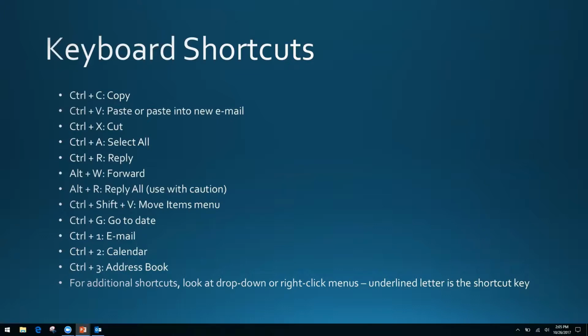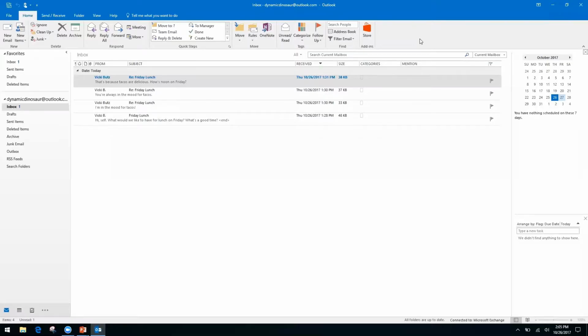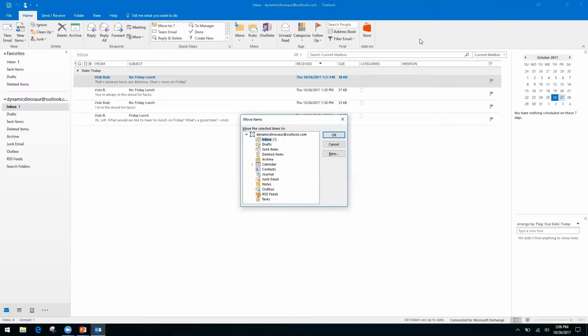Control-Shift-V is the Move Items menu. That one I will show you. So Control-Shift-V is going to allow you to move emails automatically to your folders. So right now, this is a brand new demo account. There's not a lot in here. I don't have any folders set up. We are going to go into how to set the folders up, but I wanted to show you a brand new, bright, shiny, clean version so that we can see what it looks like when we start to do the